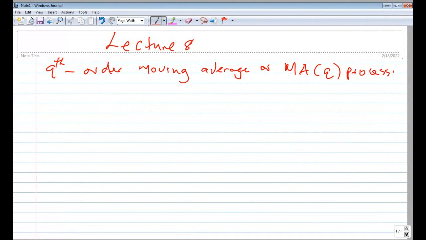So the question is, what is the qth order moving average? The qth order moving average is defined by